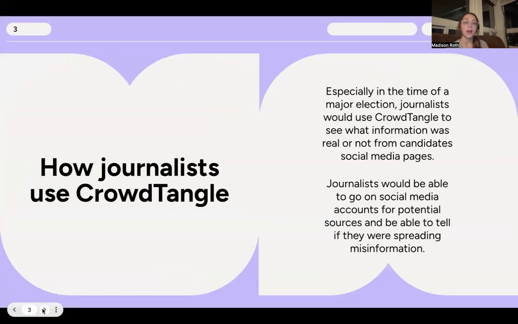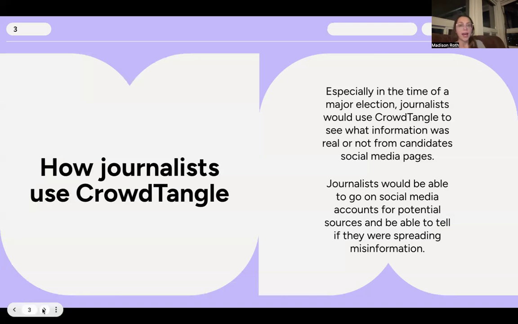But when it did exist, journalists got to use it, and especially in a time of like this past election that we just had, they would use it to find out what information was real on candidates' posts and what was not, which from what we know just about even this past election, would have played a really big role if it still would have existed by the time that stuff was ramping up, in September and October and stuff like that. And so they could go through people's social media accounts to see if they were spreading